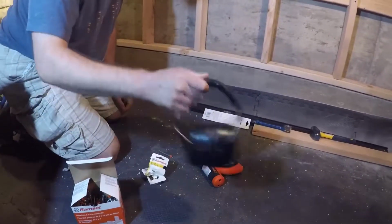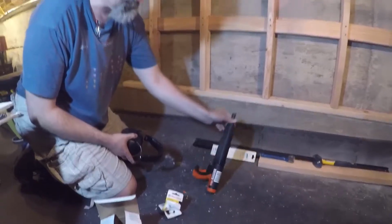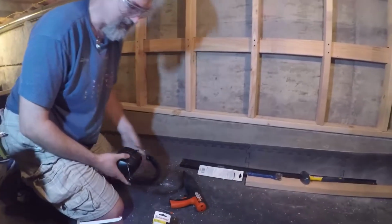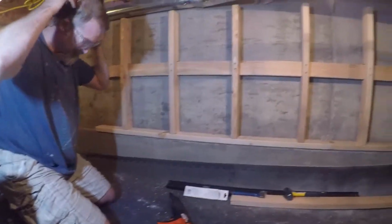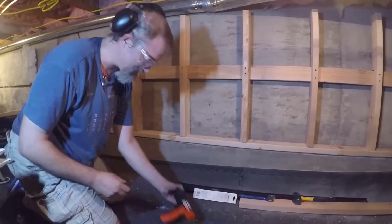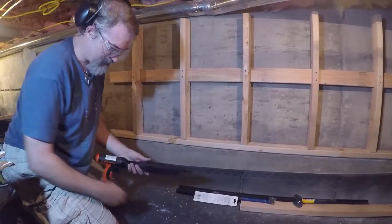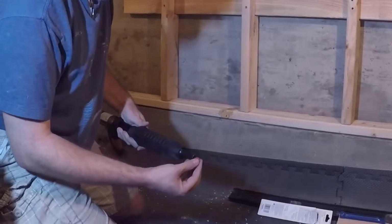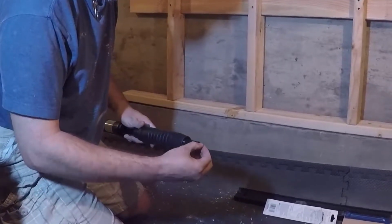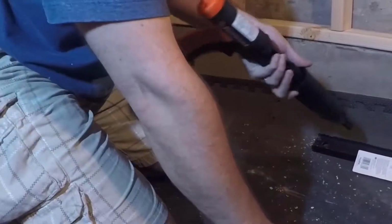If you're doing this, you're going to want to. This one supposedly has a silencer on it a bit, so it shouldn't be quite as loud, but it's probably going to be loud. So I got ear protection. I'll leave it just for a second. But in this case, what you got to do is you got to load this guy up. You can see how it's got the little dilly bobs on the end, so it kind of sticks in there. And then here,